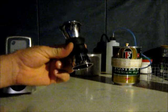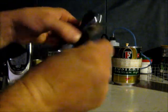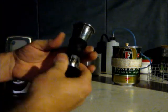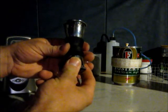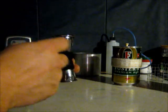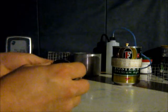And what I've done is I've drilled holes about 1/4 inch from each side here. I think it's a little more than 1/4 inch, maybe 3/8 inch on this side and 1/4 inch on this side. And I've wrapped some carbon felt around the center, and I need that as a wicking because this is a steel, not aluminum, so it takes a little bit more time to heat up than aluminum does,